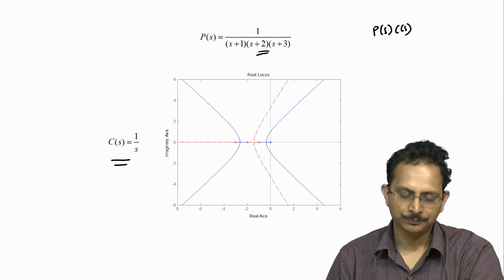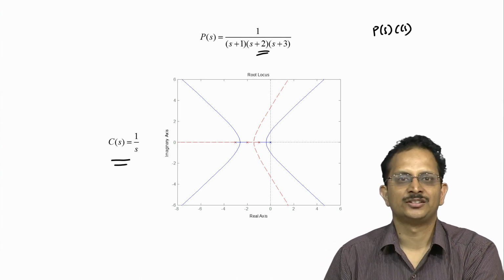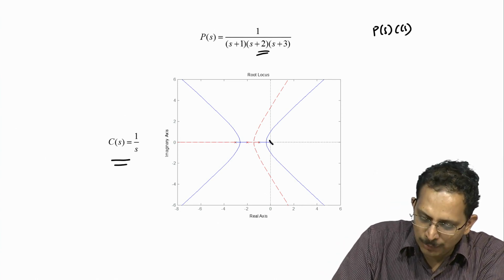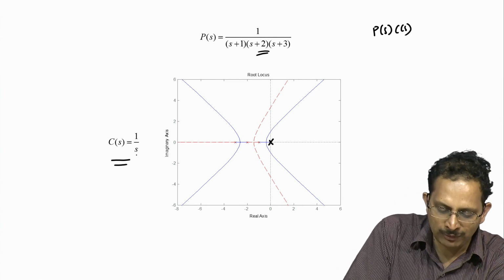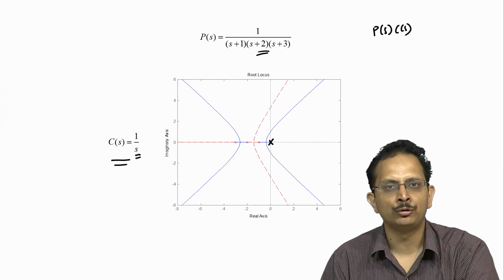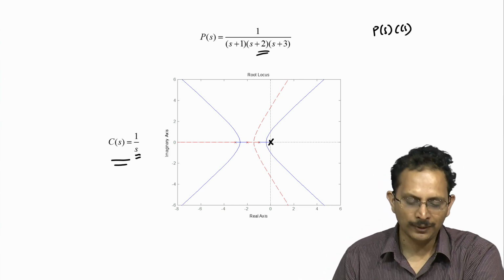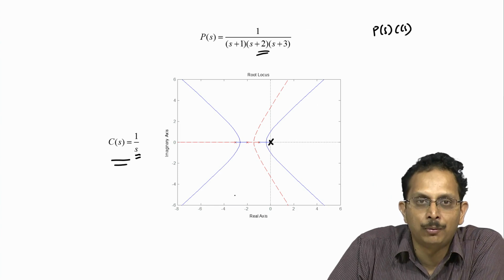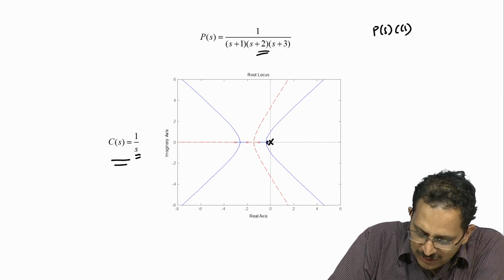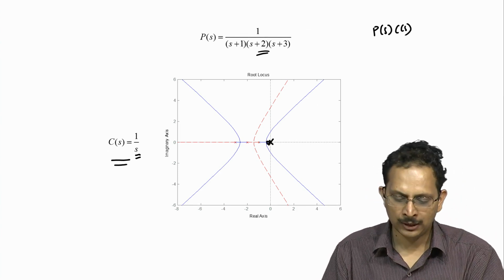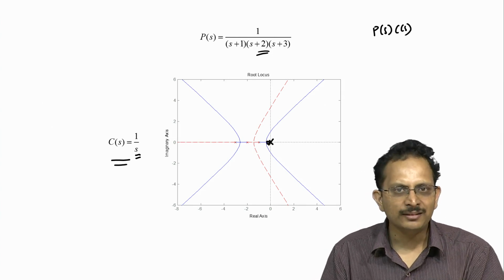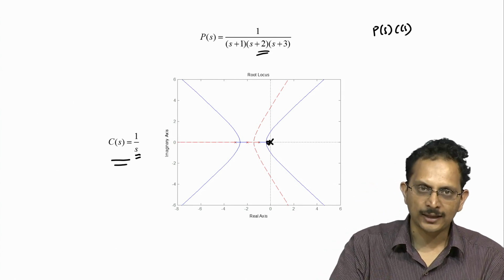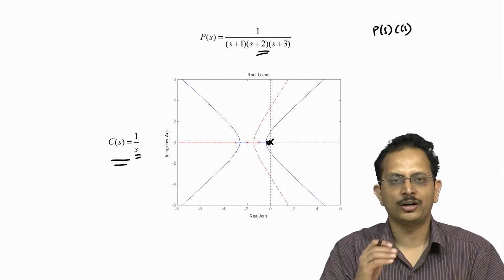dynamics design. In order to address this issue, what we can do is, instead of adding a single pole at the origin as we would do if we used a simple integrator as the controller, let us say we add a pole-zero pair. So, in addition to this pole at the origin, let us say I also add a zero very close to the origin. When I say very close to the origin, I mean that I am adding the zero at a distance that is much smaller than the distances of the other plant's poles and zeros from the origin.